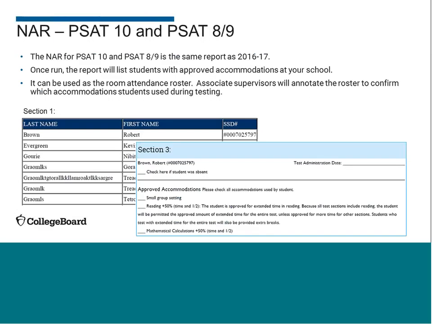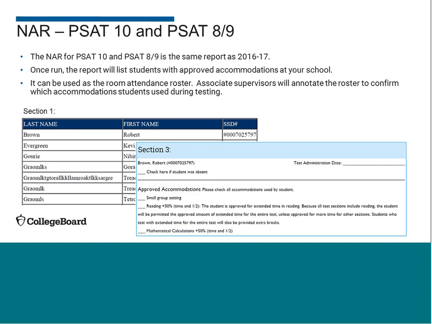So to take a look at what that will look like when you print them out, or when your SSD coordinator prints them out, the first section, the background image here, is that summary of students, which gives the SSD number. When you run this report, it's going to automatically generate all of the pages. And the third section here is showing the list of students and their accommodations.